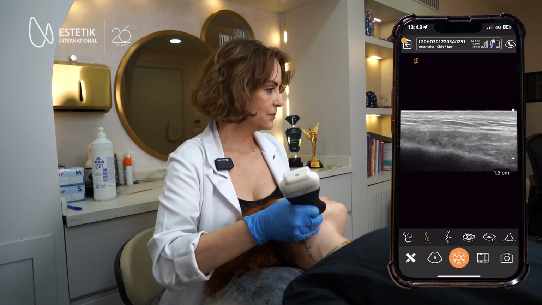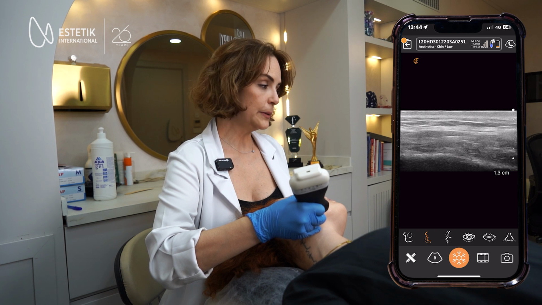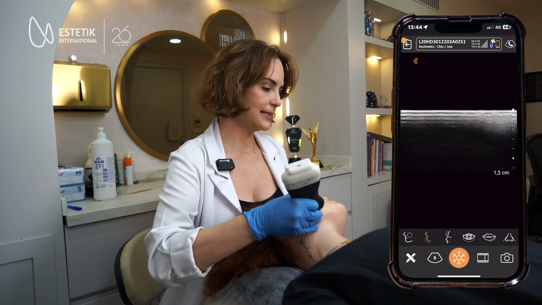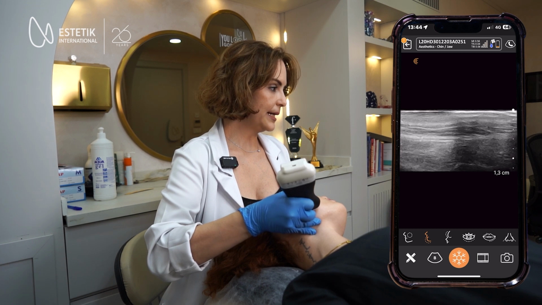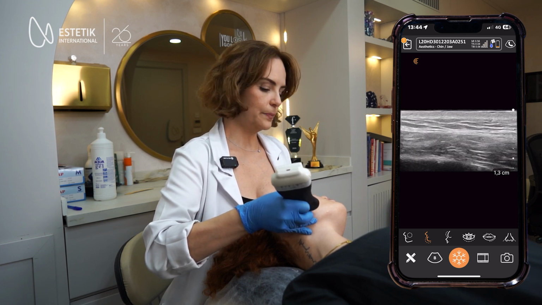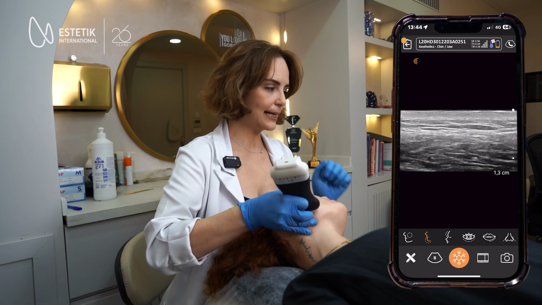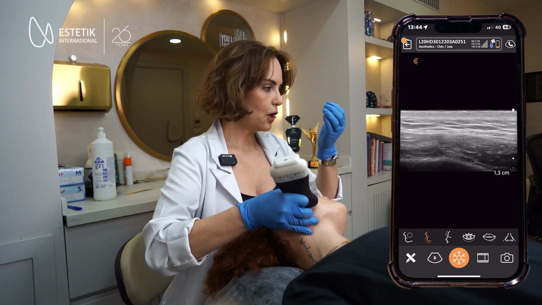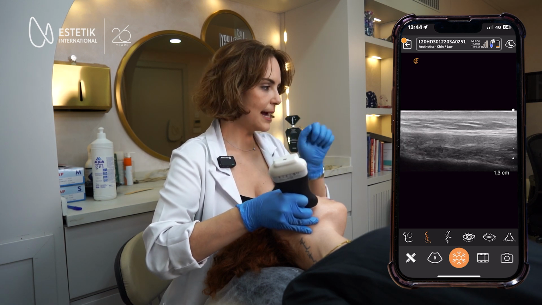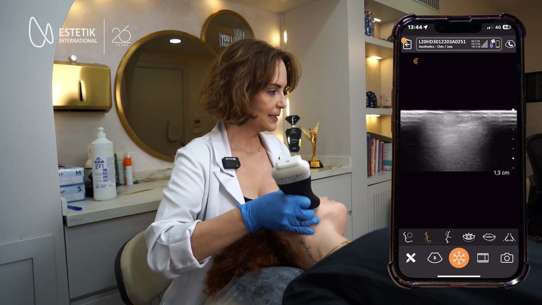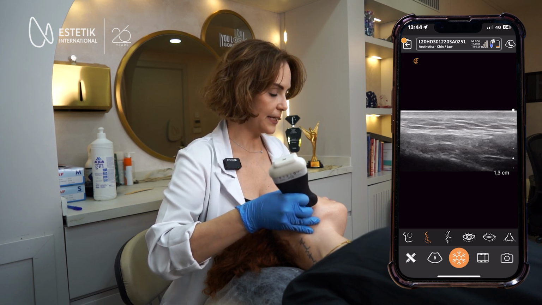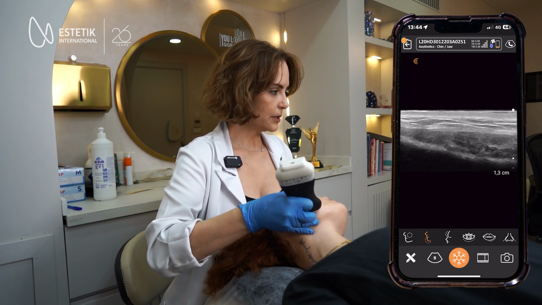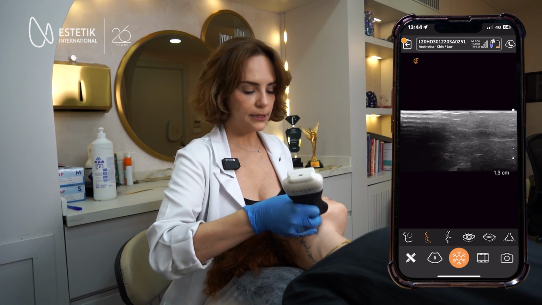And if you continue with very slow movements upwards, you can see the parotid gland, which is this blurry area, like a cloud, laying right on top of the masseter muscle. That starts from here on the lateral preauricular area of the face. Now, we saw the bone and the parotid gland.